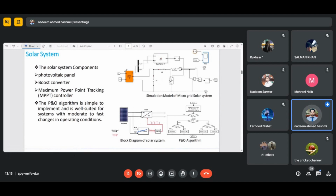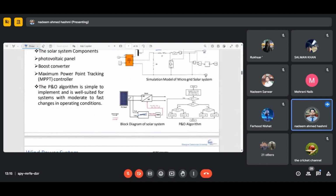So we use the solar panel, and we use the perturb and observe algorithm to get the maximum power point tracking of the system, and by using a DC-DC boost converter to get the required output. And this is the block model, which consists of solar panels, DC-DC converter, maximum power point tracking, and the pulse width modulation generator. And this algorithm, the P&O algorithm, we used here to get the maximum power point